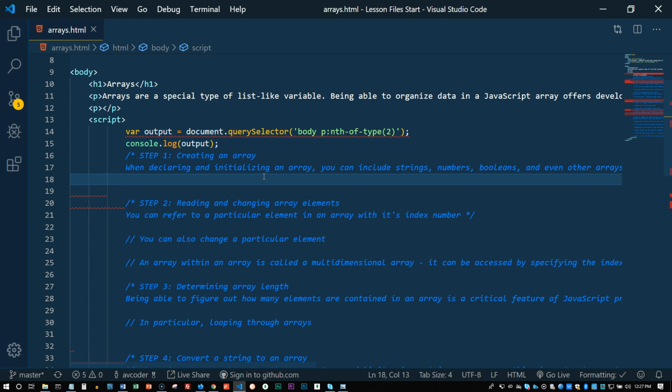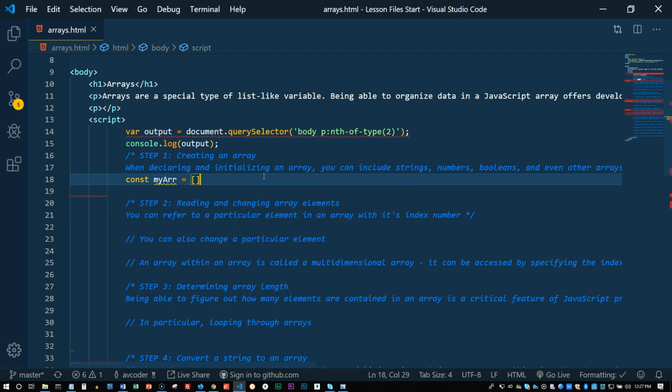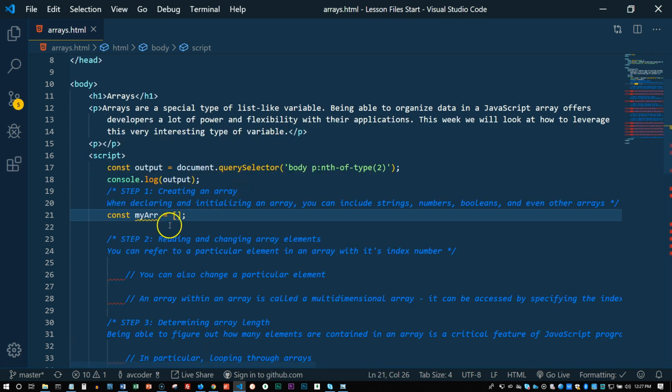I showed you it before. You can create an array. Just say, you know, const myArray equals empty brackets, right? So inside here you could put in any kind of data you want. Now,